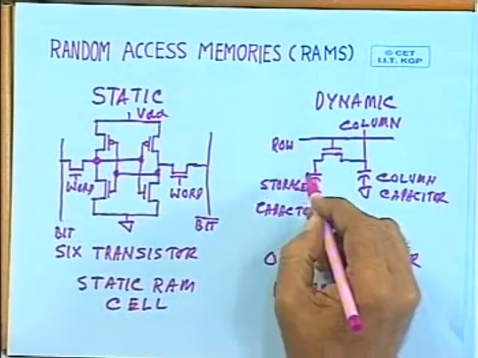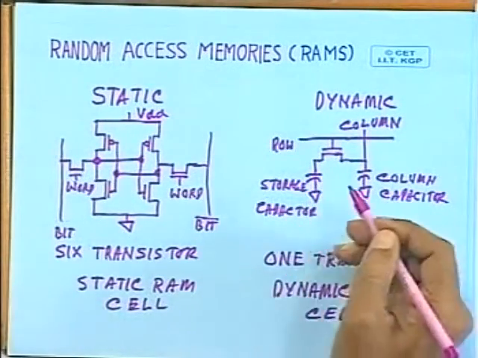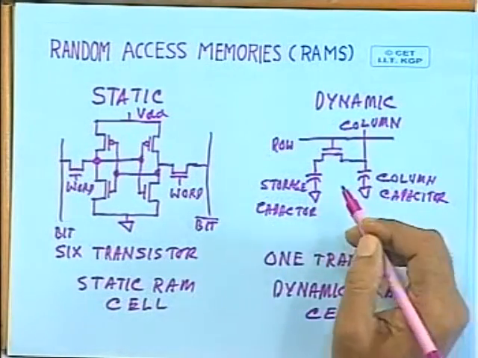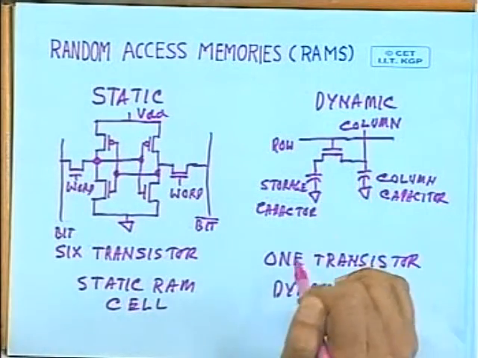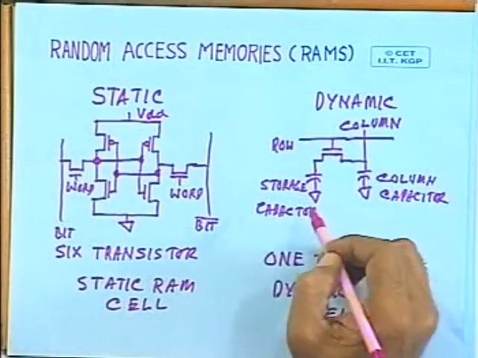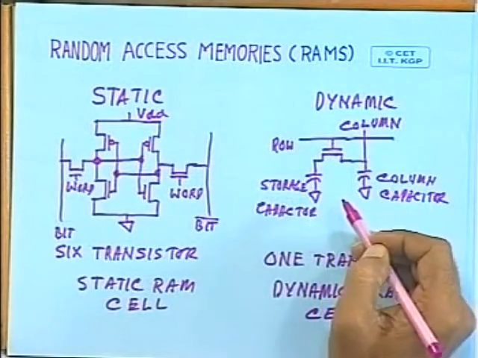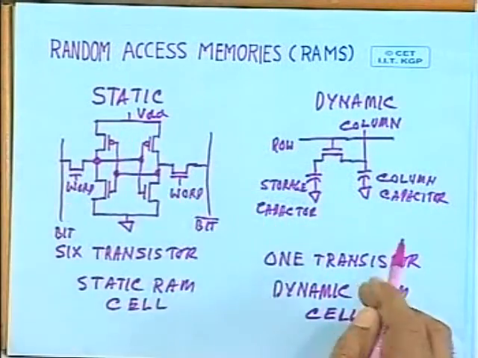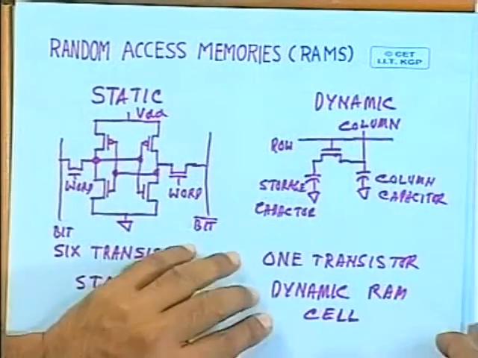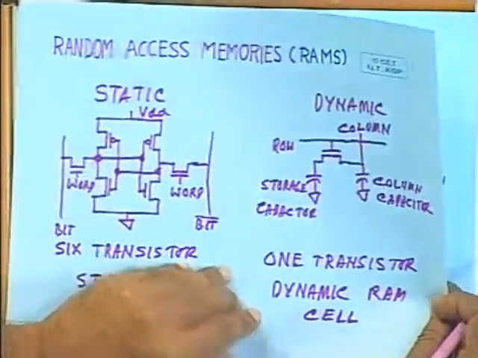So you have to make special arrangements for refreshing it at regular intervals, and that's why dynamic RAM interfacing is a little difficult and complicated. Although it is cheaper and gives you the cheapest memory to be interfaced in large systems, particularly in general purpose computers, workstations and servers, where DRAM is widely used, you will see for small systems static RAM is preferred, particularly to avoid the interfacing complexity of dynamic RAM.